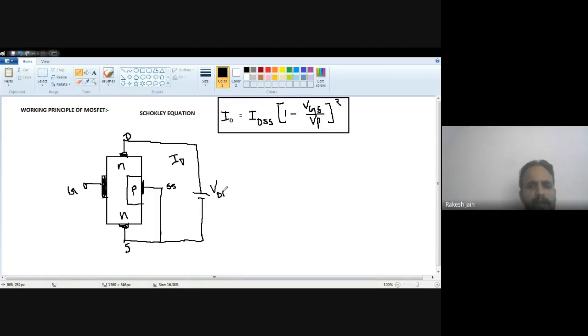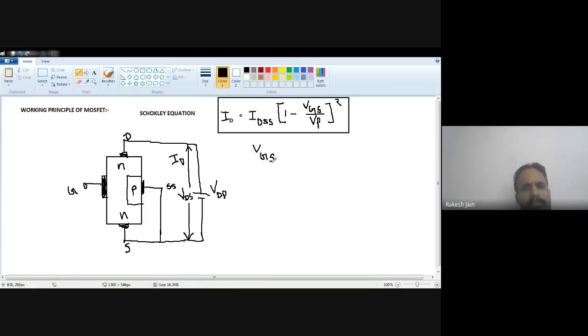Okay, let's suppose the output battery name is VDD, and the particular voltage of this battery VDD at a particular moment of time in between drain and source terminal, let's suppose this is VDS, that is the voltage in between drain and source terminal. Now when the input is shorted, it means when there is no input voltage. So input is my VGS,